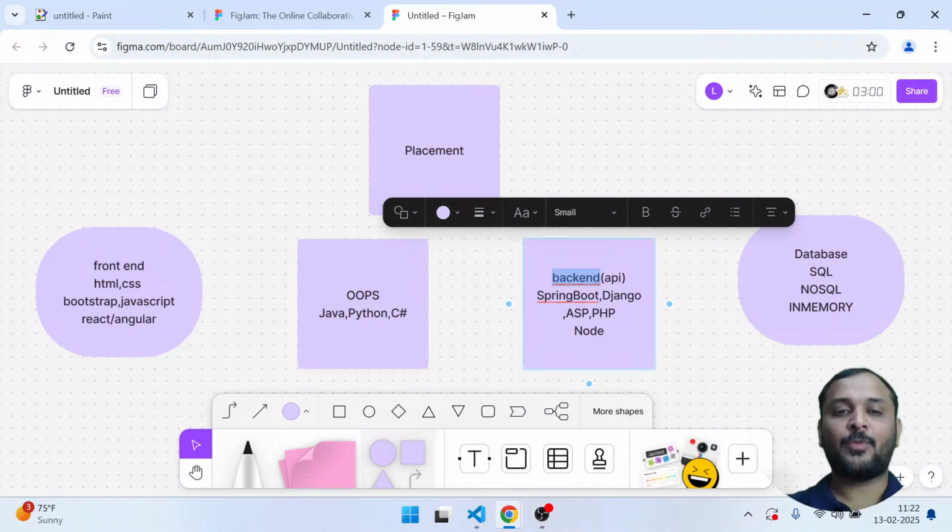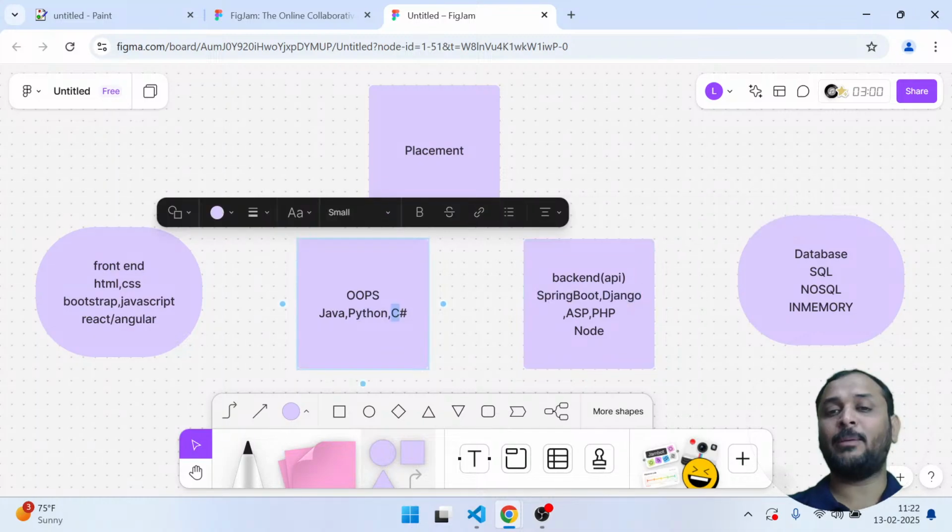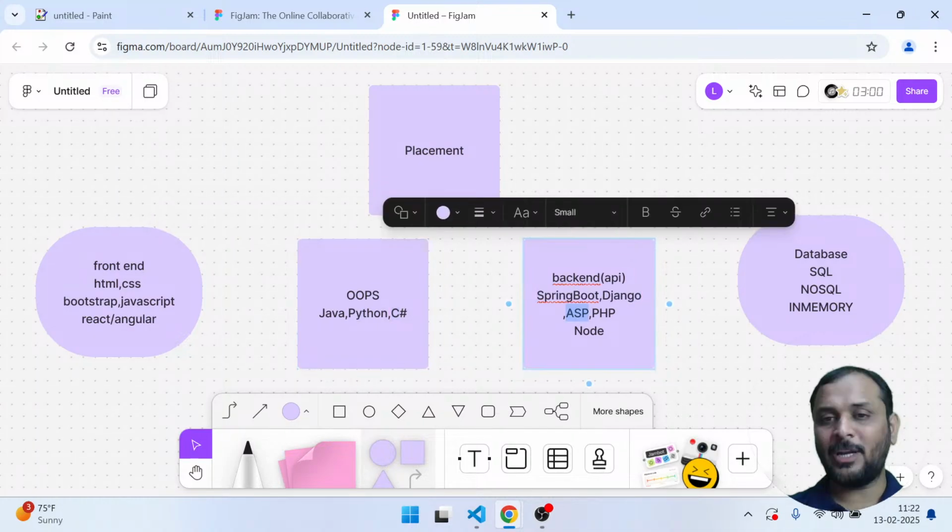From a Java background, it is expected you should know Spring Boot. From a Python background, you should know a framework like Django. And from C Sharp, you should have an idea about ASP.NET. There are also PHP and Node. These are certain technologies used in the backend. So now take an example. Once you learn data structures, the front-end technology, object-oriented programming, back-end programming and database, if you complete this track,